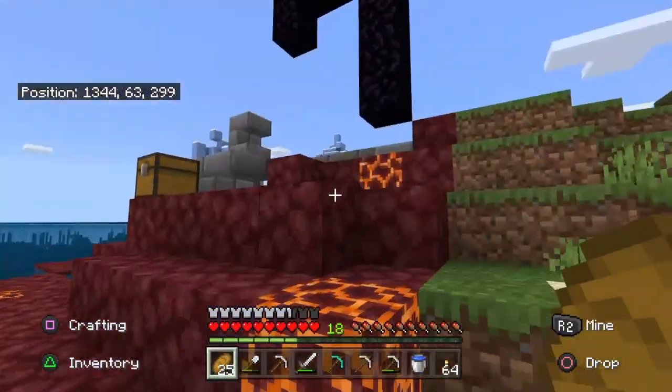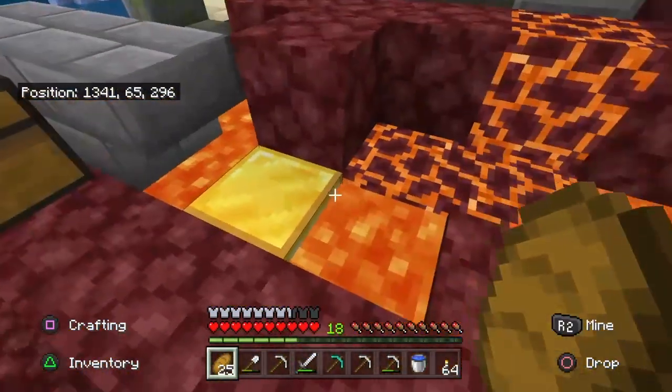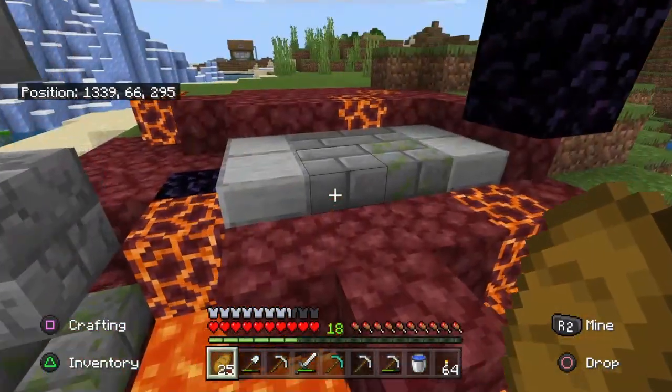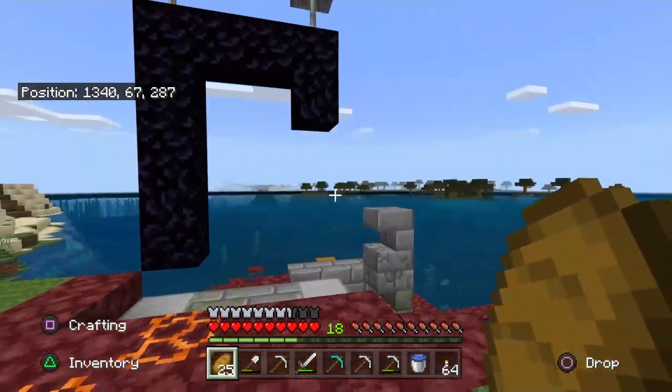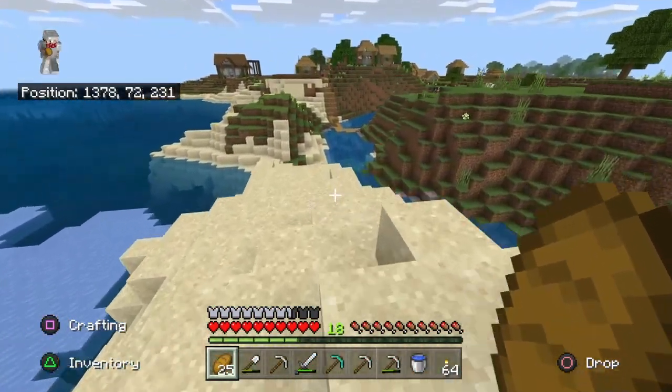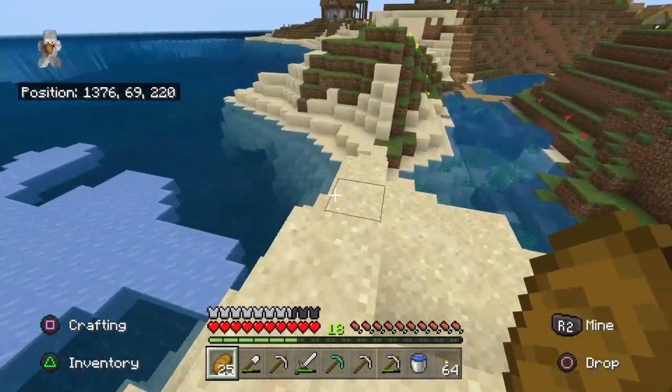No crying obsidian, which is, oh well. But 2 gold blocks and a treasure chest with some good stuff in it. Very cool. So that portal's pretty awesome, but we're going to go ahead and keep moving on through and start